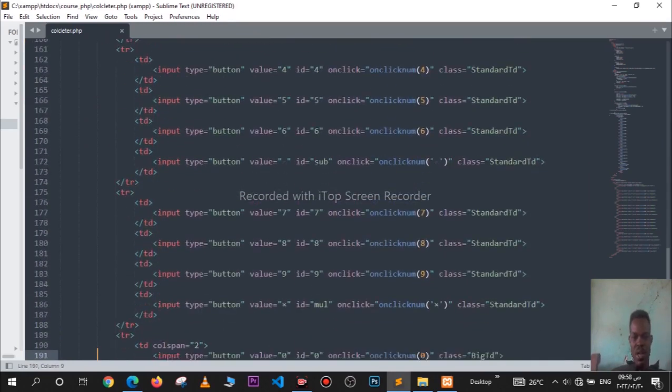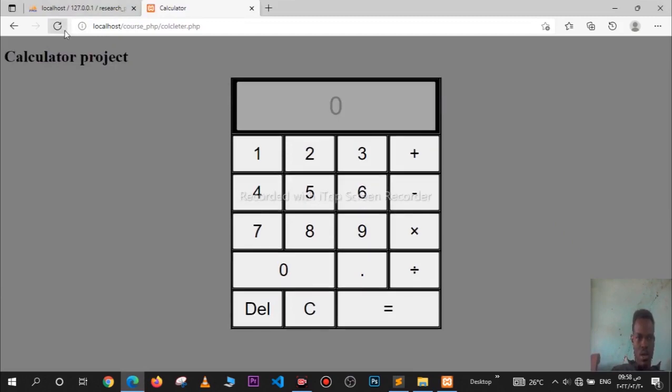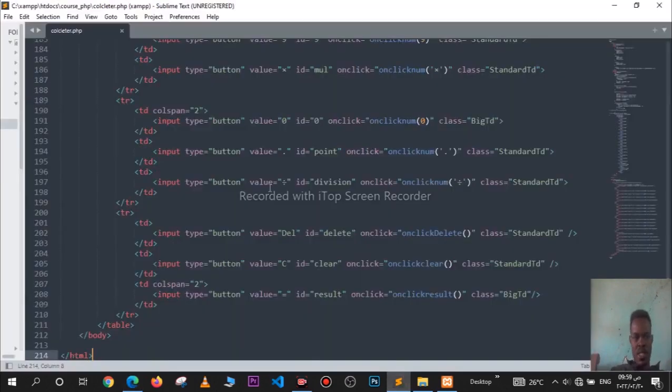I don't want to waste your time. Let's go to the browser. This is the end of the code using the body. All these things are running well. If we go back to the browser and check, 1 plus 3 equals, this is the on click result, just like delete here, 8 over 5. Everything is going well. Here is the calculator project. If you want to change the design, just like from here,